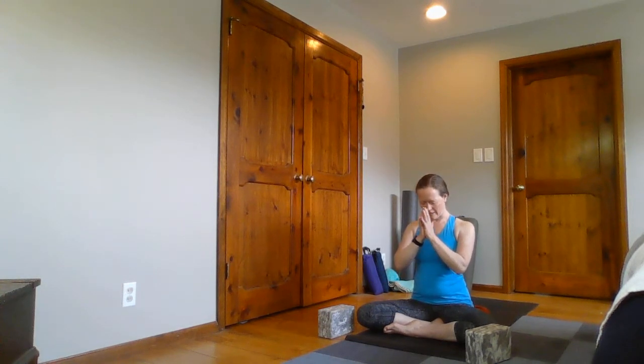Now connect palms together at heart center and set this intention to practice kindness to yourself as we move through some things that might be a little tricky. Kindness, compassion, and tuning into when it's time to take a break or pause. On your exhale, bow towards your heart. And softly opening your eyes, release your hands down